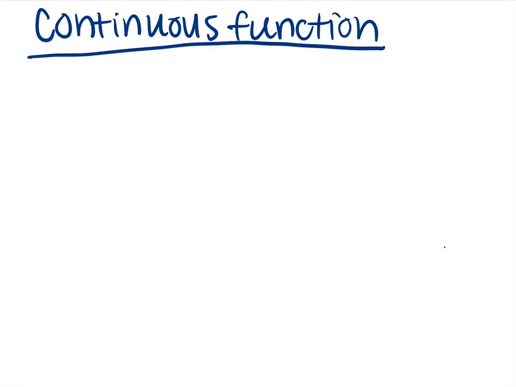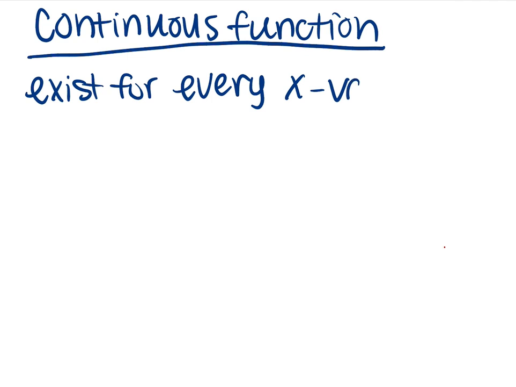Within the category of functions, we have lots of different kinds of functions that we can work with, one of which is continuous functions. Continuous functions are functions that exist for every x value, meaning that there is a part of the graph no matter how far side to side we have gone. So that means that we are going to have no gaps,